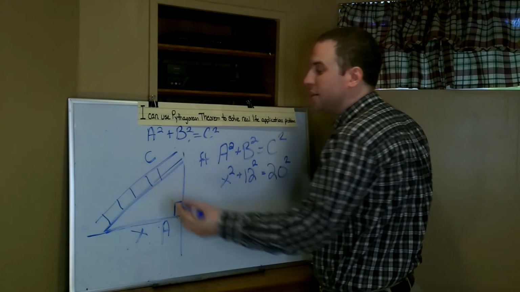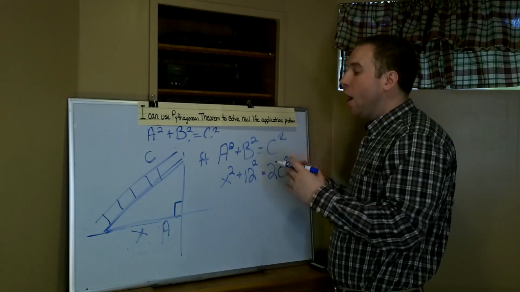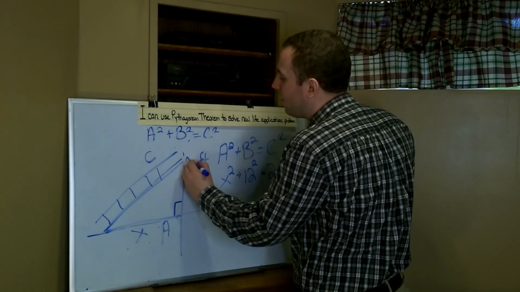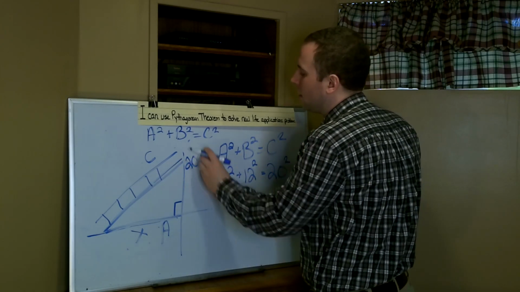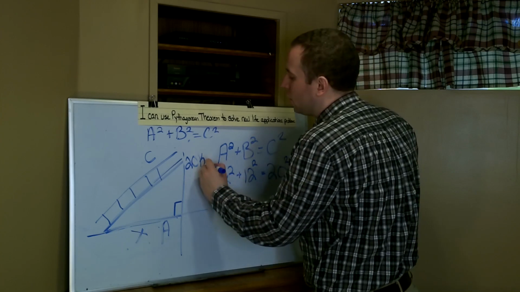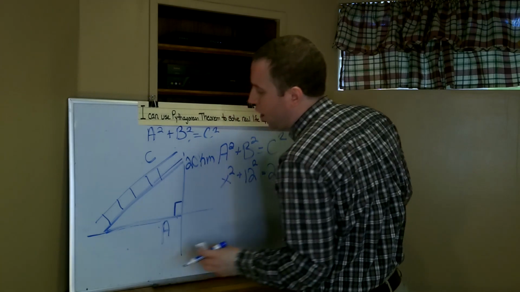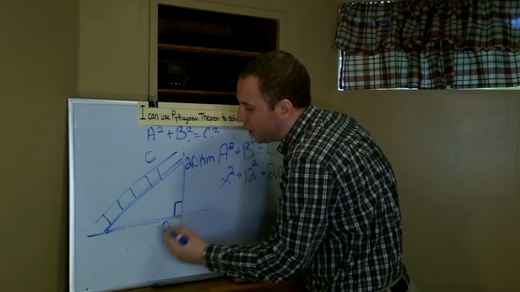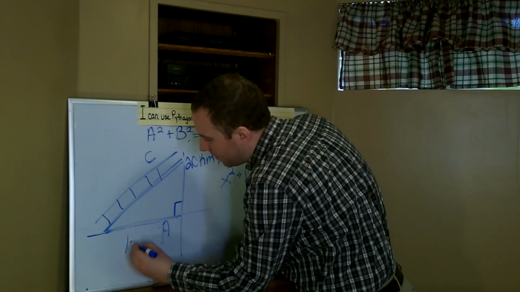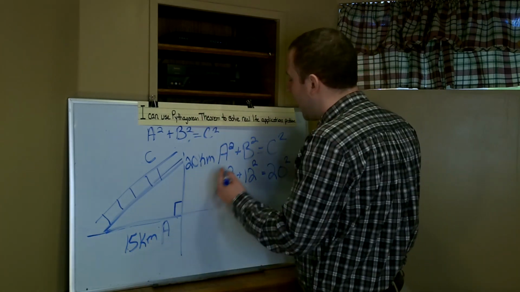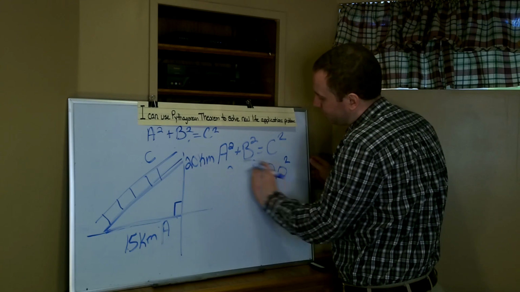Let's say now instead we don't know how long of a ladder we need, but we know we want to reach a value of 20 kilometers high. And we know we want to be able to reach a shadow that is 15 kilometers long. So again, using Pythagorean Theorem,